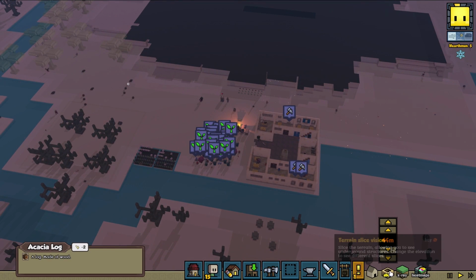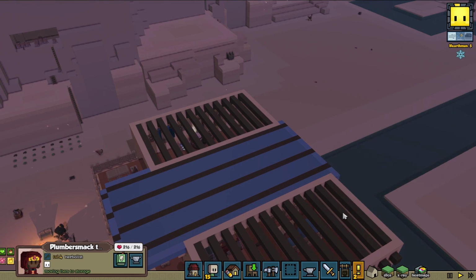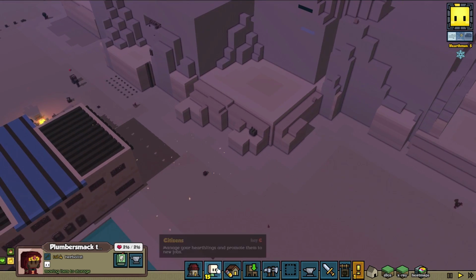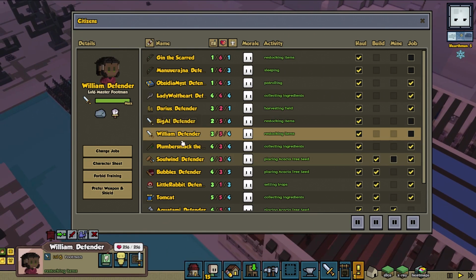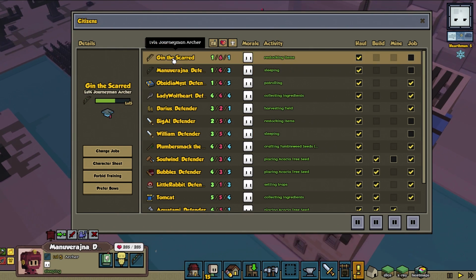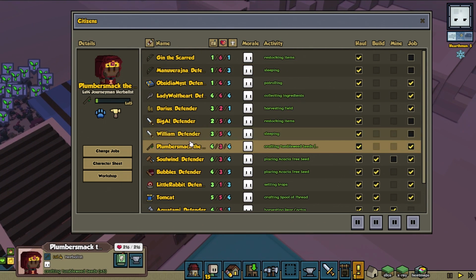We have started seeing some very, very scary enemies on the map as well, which is a bit of a problem. Plumber's Mac is now a multi-crafter. How marvellous. But that being said, our army is reasonably high level. Let's just go and have a recount of that. Big Al is almost a level 6 footman and a level 6 archer. William is a level 6 footman, not so much an archer. Manu and Jin are on their ways to being level 6 archers, and that is going to be quite amazing for us. Plumber Smack is a level 6 cleric,